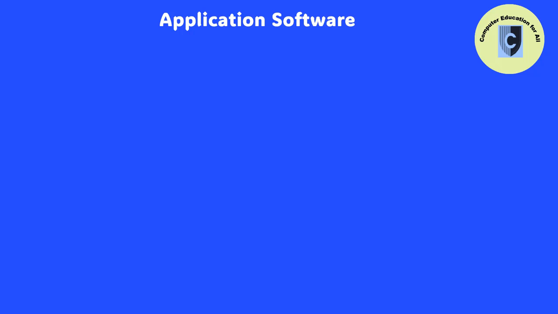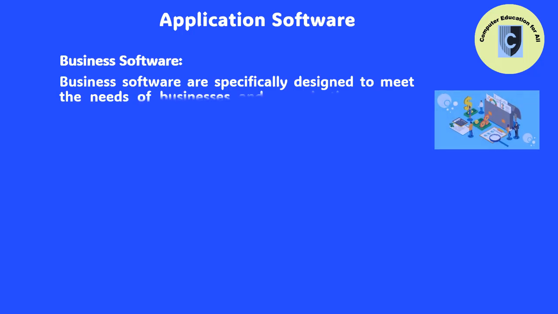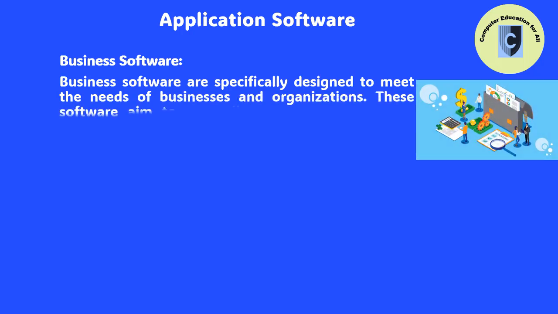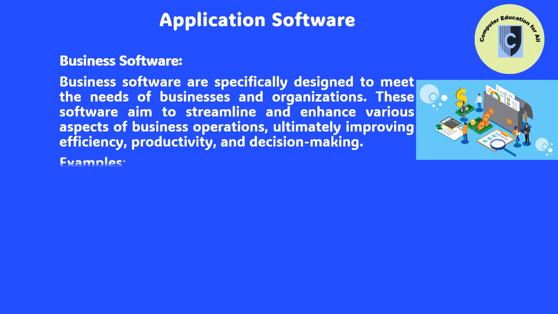Business software. Business software are specifically designed to meet the needs of businesses and organizations. These software aim to streamline and enhance various aspects of business operations, ultimately improving efficiency, productivity, and decision-making. Examples: